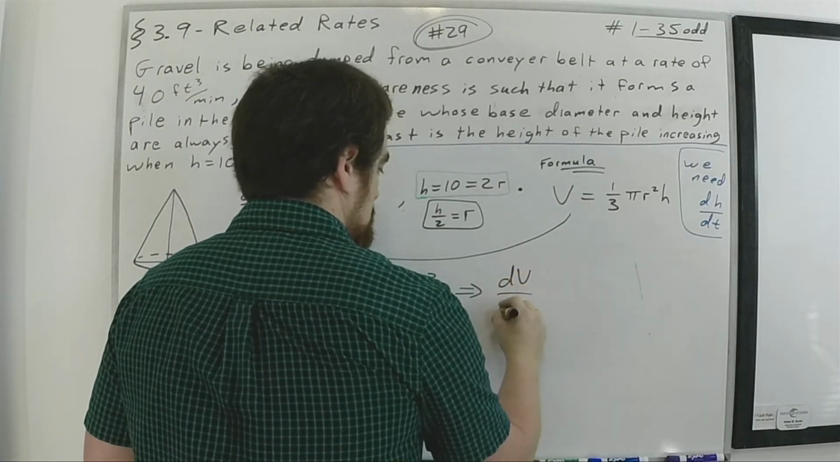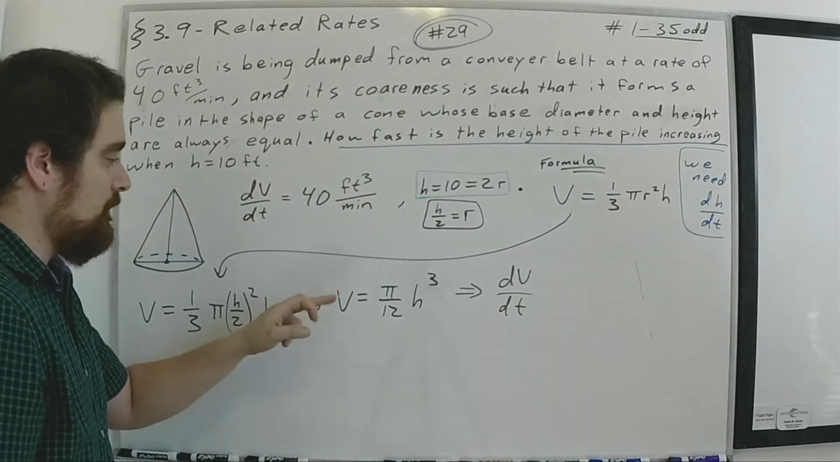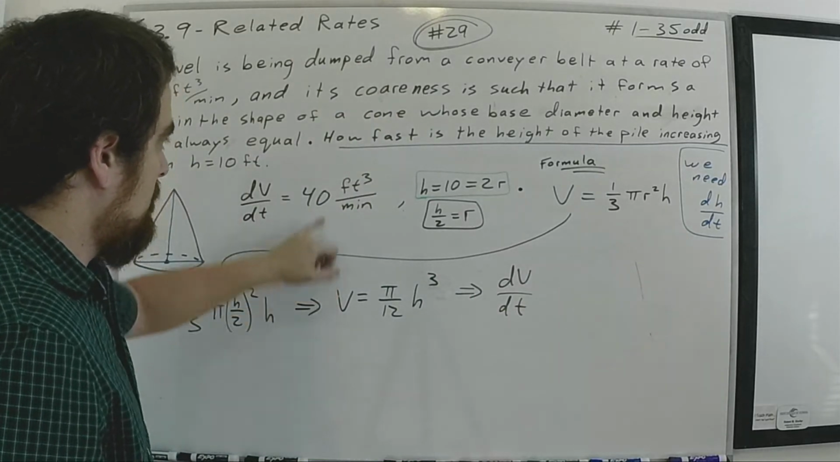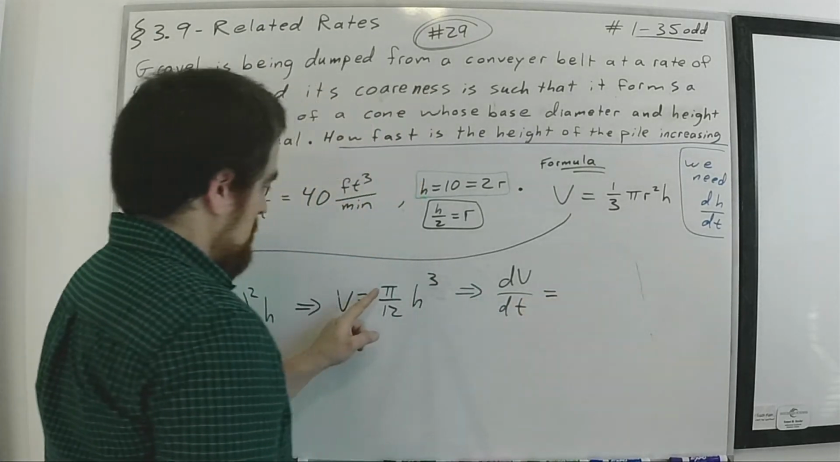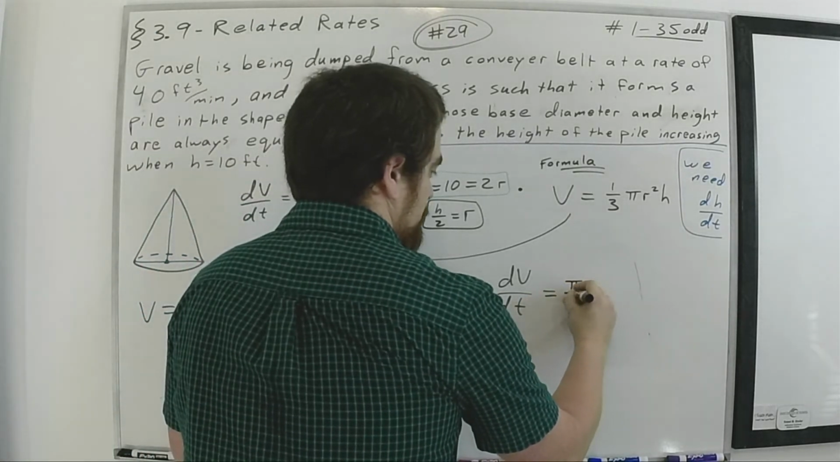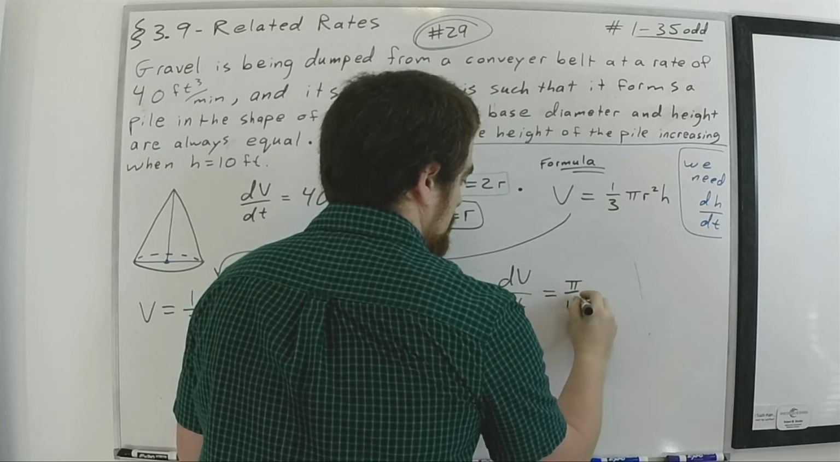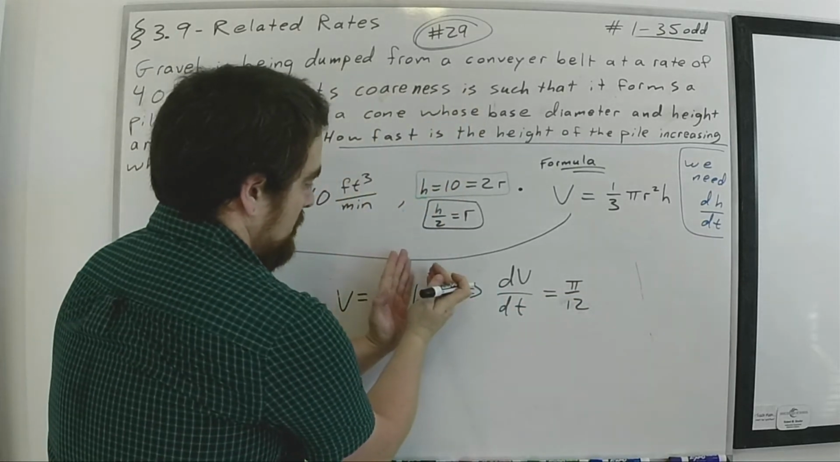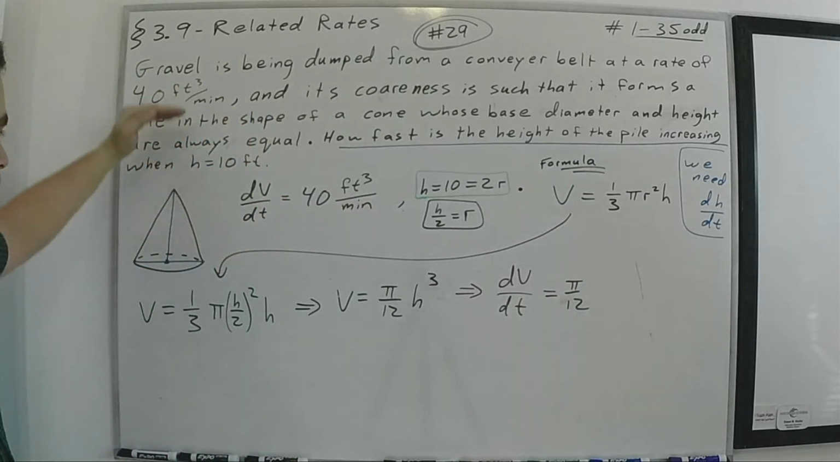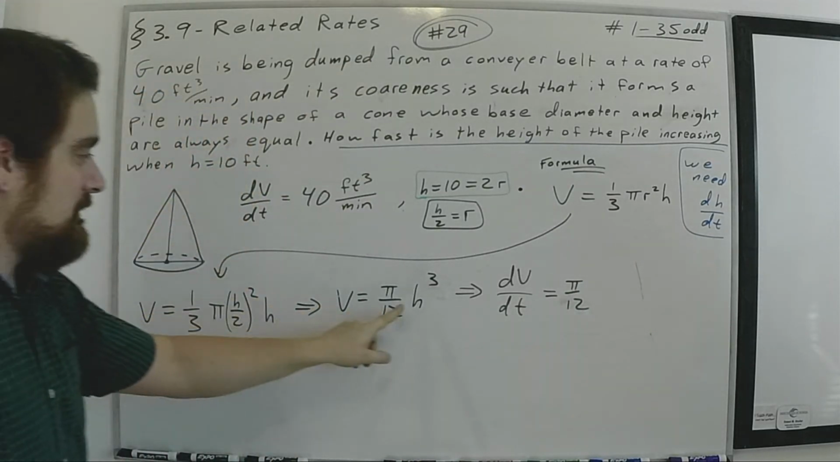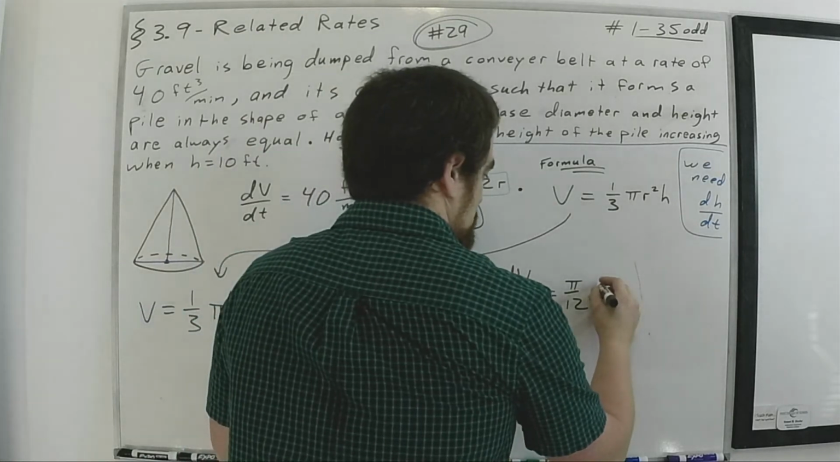dV/dt, right? I'm differentiating volume with respect to time, cubic feet per minute. I'm going to still have this pi over 12 multiple, but then h is a function of time, right? h is changing depending on my variable t, so h is a function. So I'm going to have to use